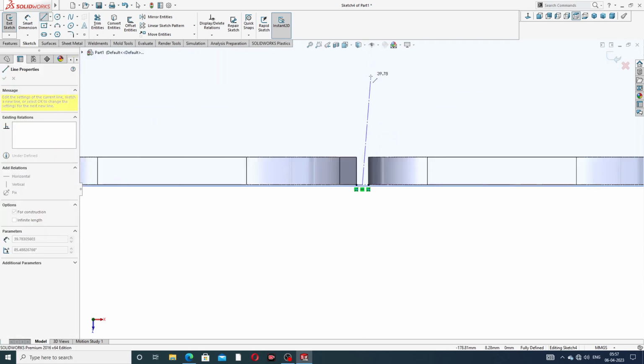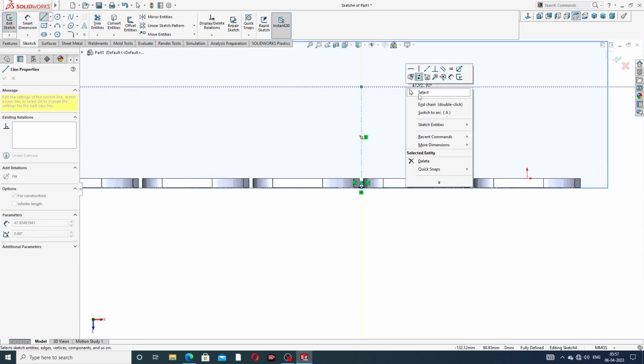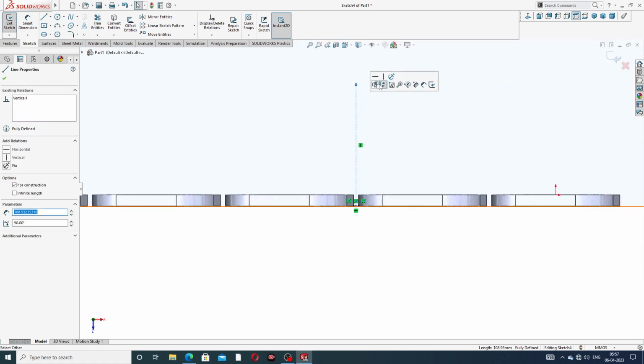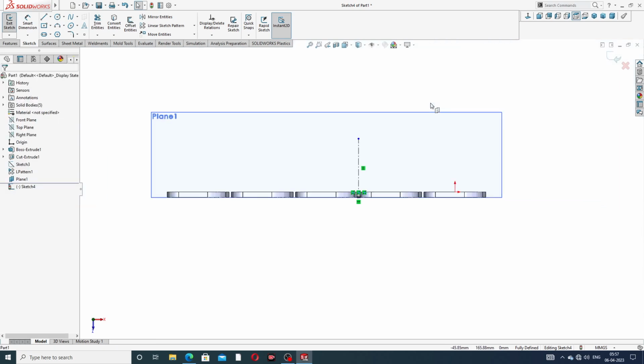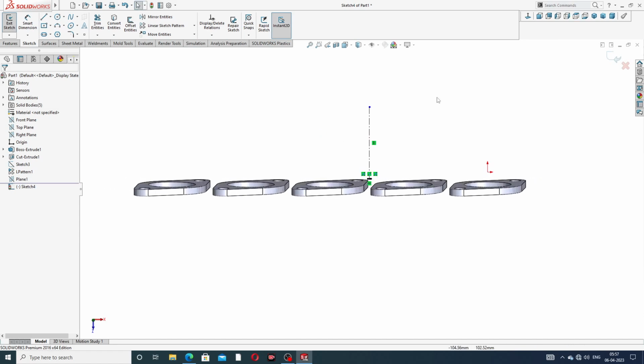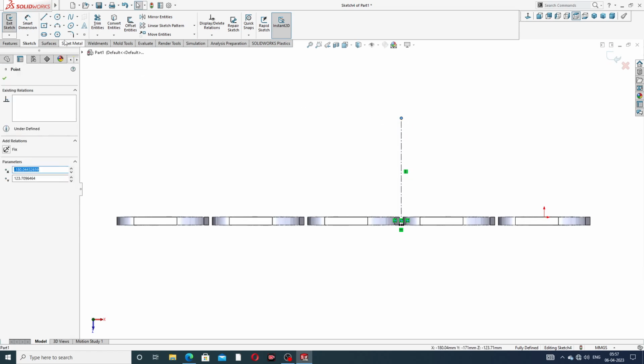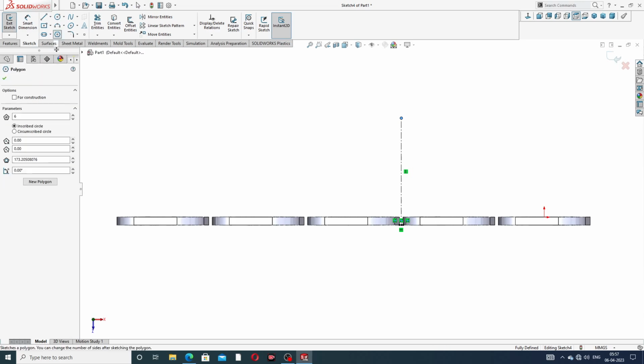And again click center line and draw a vertical line here. This vertical line is correct, and this is the plane height, okay, because all is looking perfect. And drawing a hexagon, the parameter is 3, inscribed circle, and click this, and drawing a